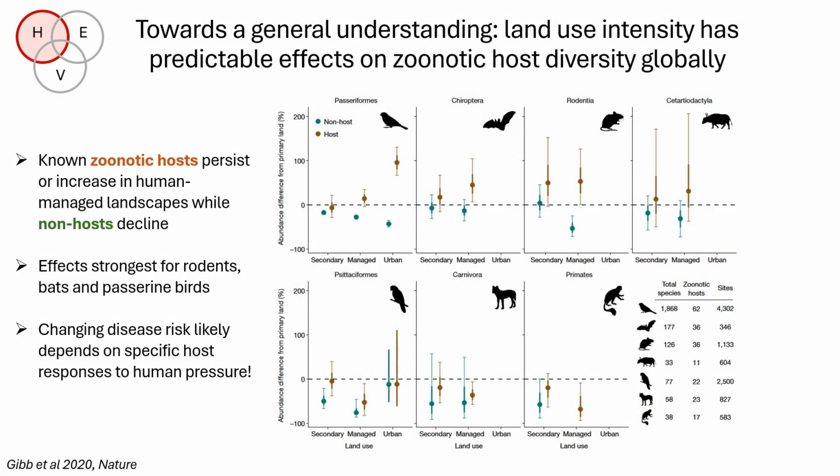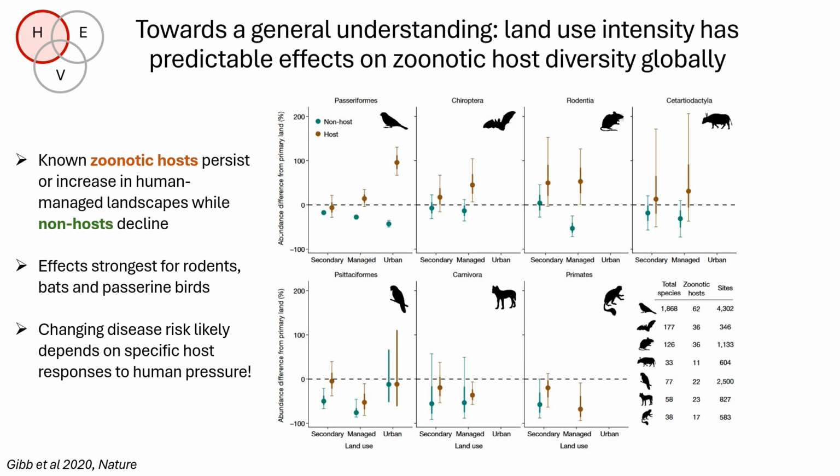And some of the work that I've done over the last few years has been thinking about how we might use this to develop a general understanding of zoonotic disease risks. So not only thinking about infection in general, which the dilution effect thinks about as a general ecological principle, but thinking more about how we apply this to zoonoses. And so this was a paper that I did a few years ago,